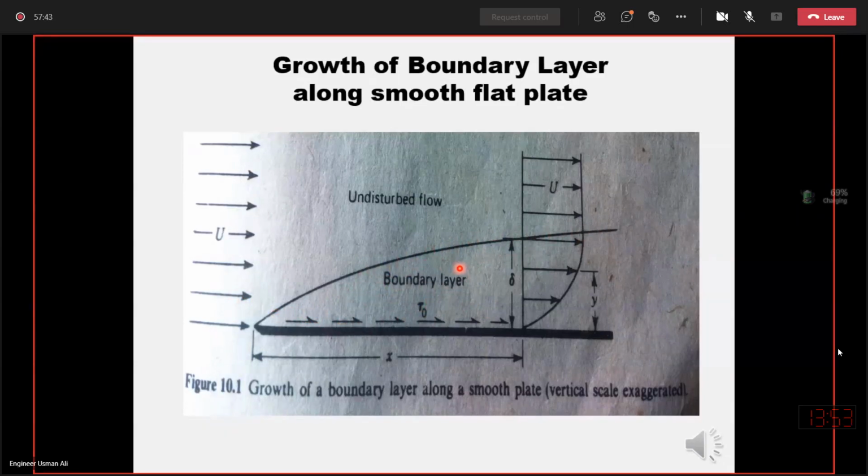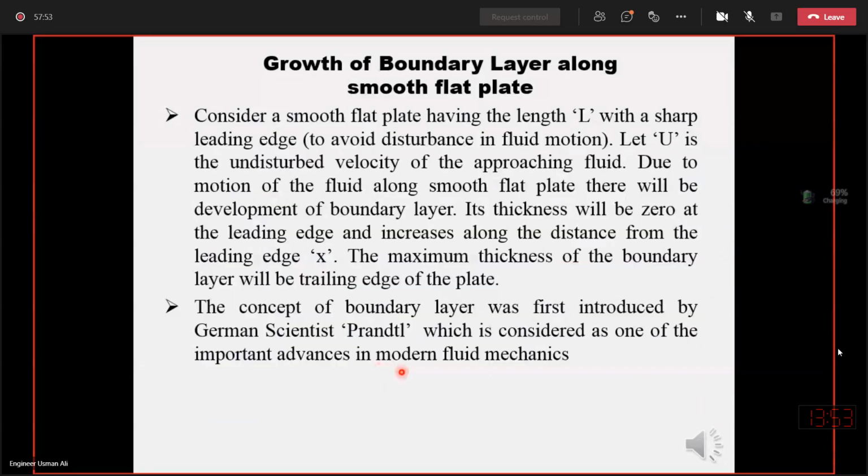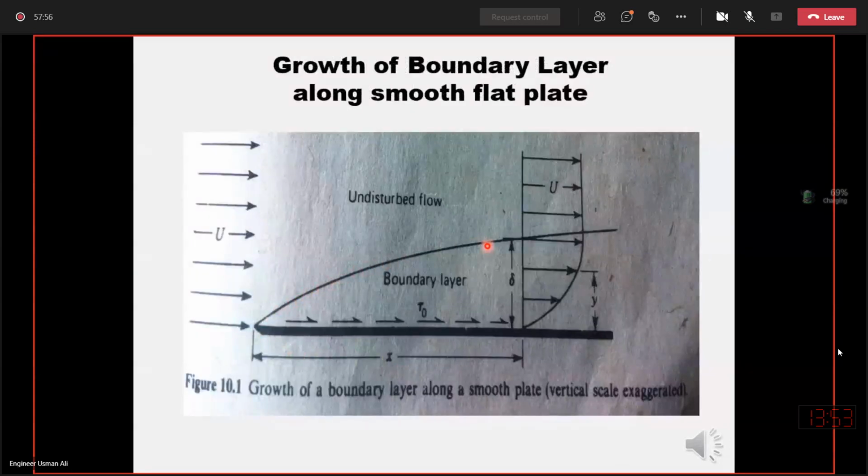So what is happening in the boundary layer? One thing, if you see, the boundary layer is just starting at the leading edge. It has zero thickness over here, and as we are moving along the distance x, the thickness of the boundary layer is increasing. Thickness of the boundary layer is represented by this symbol del. It is the vertical normal distance from the surface of the plate to this curved line, or to this profile of the boundary layer. This is called the profile of the boundary layer. And from the solid surface of the plate to the profile of the boundary layer, this is the thickness of the boundary layer.